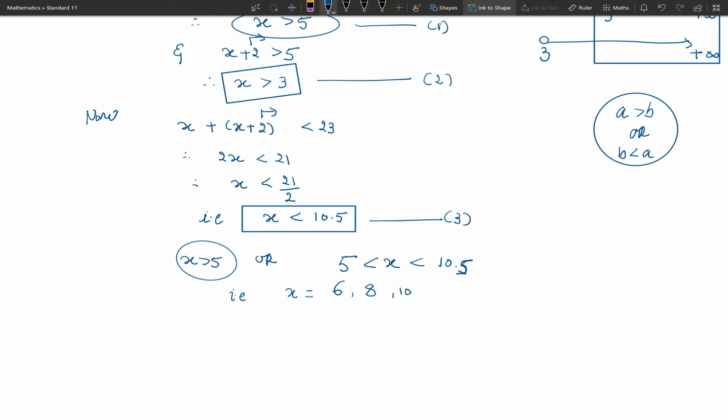You can note that these are the three positive even integers which lie in the open interval 5 to 10.5. So corresponding x plus 2: